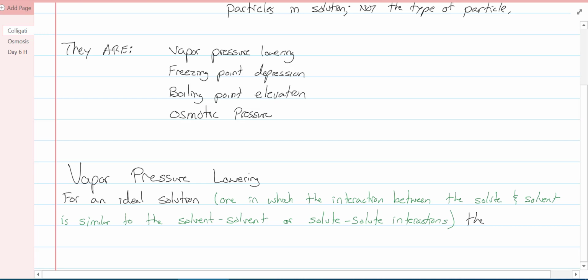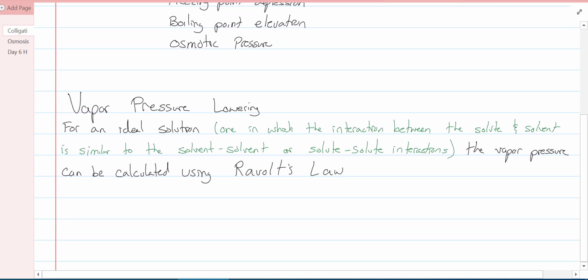So for an ideal solution, the vapor pressure can be calculated using Raoult's law. That's a horrible law there. Law. There we go. So Raoult's law. Alright. Now, what does Raoult's law say? It says the vapor pressure